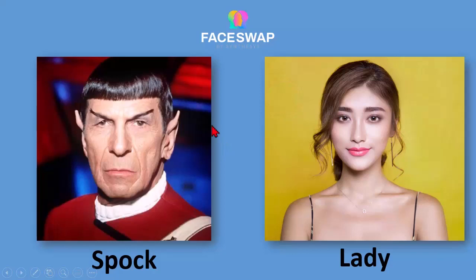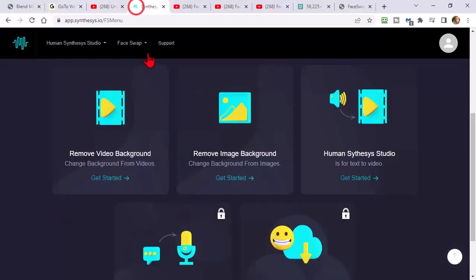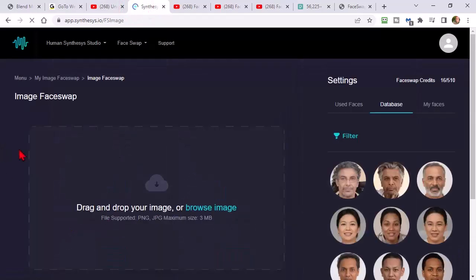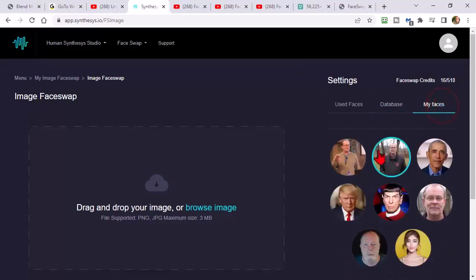So here, I'll just give you a couple of hints and tips. Let's go to just the image face swap. Okay, so here, basically, you just browse for your image or drag and drop it. This is going to be the source, right? And then for the front end only, you can have up to 2 faces.